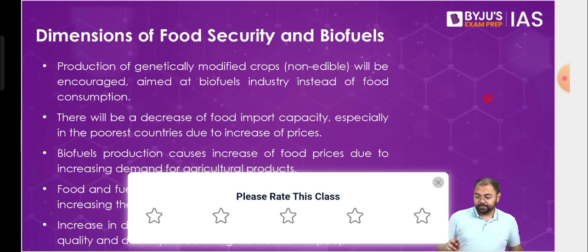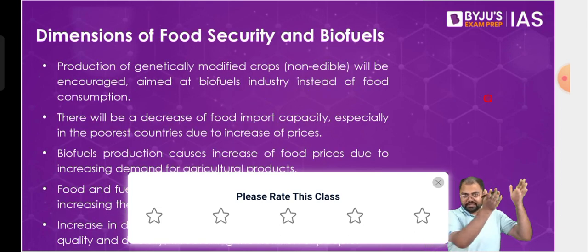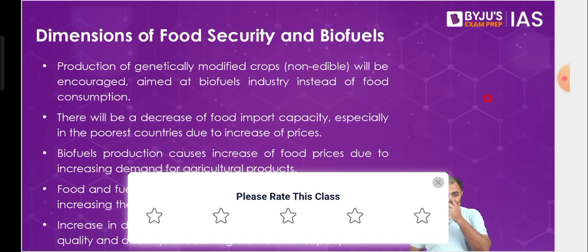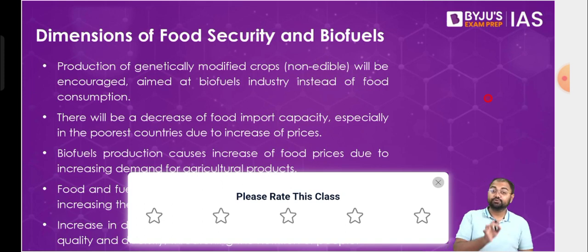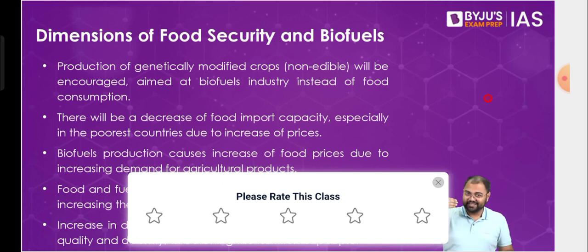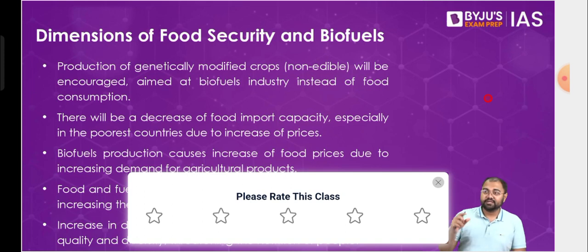Right. Now, lastly, one problem with biofuels. The advantages are many, more or less along the lines of what we discussed with solar energy, wind energy or geothermal energy. But there is one issue that we also have to address, and that's related to the use of food crops. Because even with the second generation, the third generation, or the fourth generation being spoken of now, we still are largely dependent on generation one.